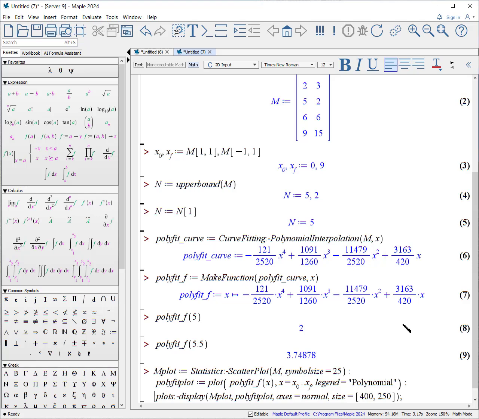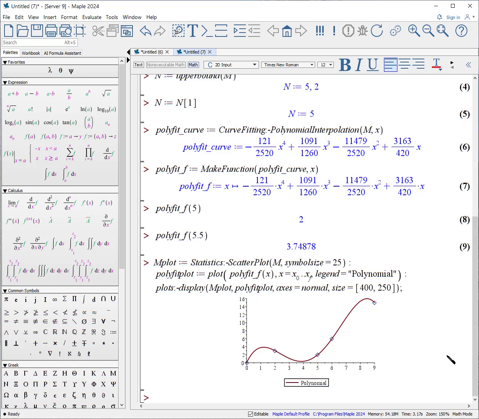Finally, let's plot our data. We'll use the scatter plot of data using a symbol size of 25. We will do a standard fit of our function from the minimum to the maximum, and then we will also display the two, changing the axes to normal and changing the size. As you can see, it fits the polynomial perfectly because there are 5 data points, and this is a 4th